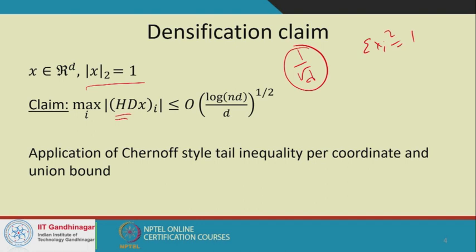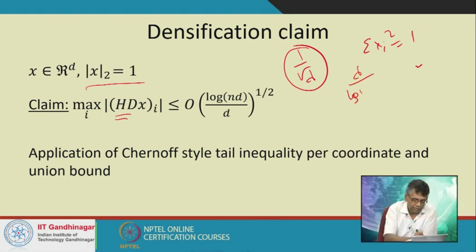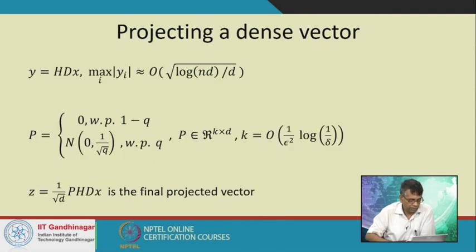What this implies is that the vector HDx is basically dense, right? Because if the maximum coordinate is this log nd by square root d, then there has to be a significant number of non-zeros. In some sense there have to be d by log nd non-zero entries, because they have to sum up to 1. And this we had mentioned, although we had not seen the proof, can be obtained by some chain of tail inequalities. Okay,